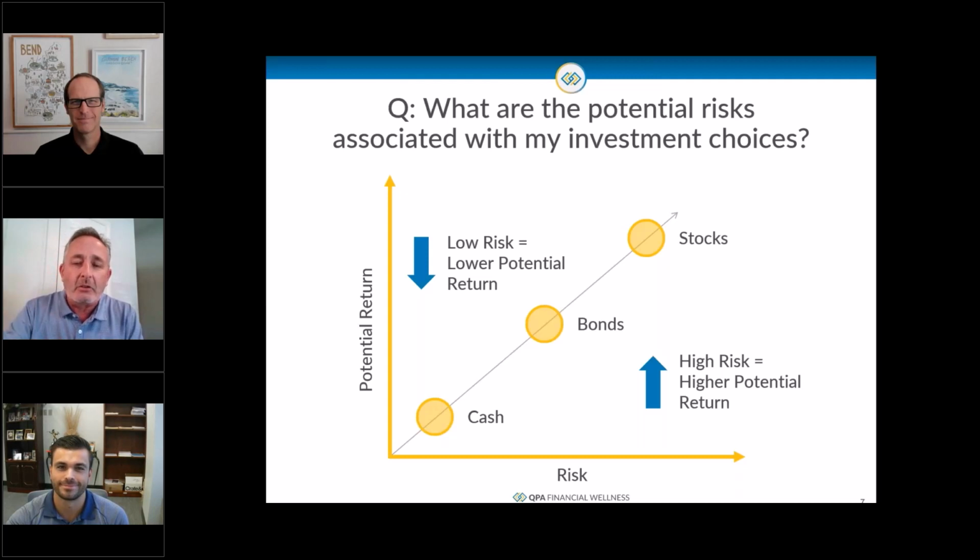And then as we get to higher risk, that's your stocks there. So we can think of stocks depending on the type of company, the industry, the sector. Those stocks can be very aggressive growth, very high risk. They can be more moderate risk. But just understand that cash and bonds are going to be less risk assumed and lower returns potentially than your stocks. We can all see that there, but it's just something to keep in mind when not only you're selecting investments, but you're thinking about your own feelings regarding risk.